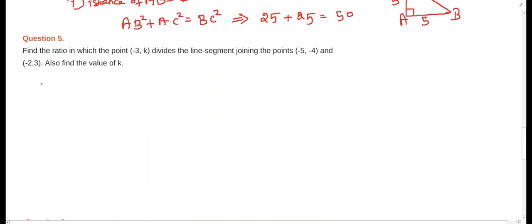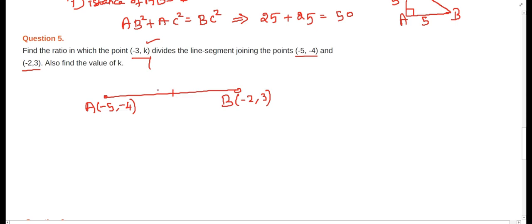Find the ratio in which the point (minus 3, k) divides a line segment joining the points (minus 5, minus 4) and (minus 2, 3). Also find the value of k. So here you have to use the ratio formula, and particularly we need the y coordinates, the k value. So take the points A as (minus 5, minus 4) and B as (minus 2, 3),